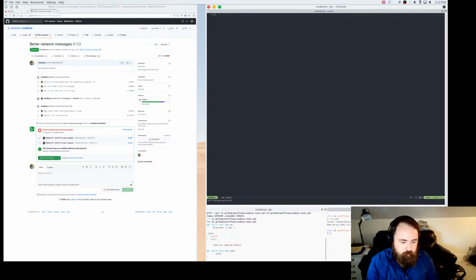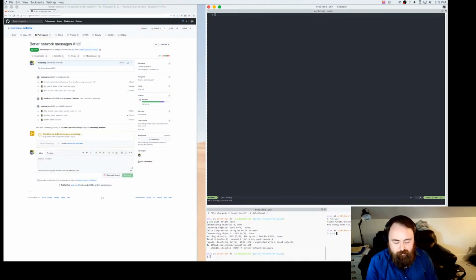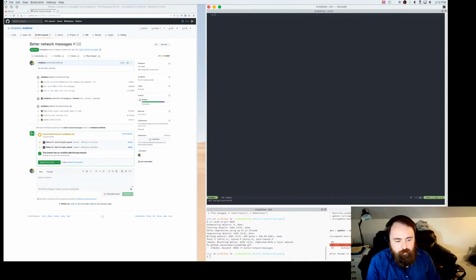All right, so basically update GitHub actions. I mean, this is sort of not really part of this branch, but at the same time, sort of is. And I'm pretty sure all my tests pass. I was tinkering with this earlier. Oh, they don't. Okay, well that does explain it to a certain degree.